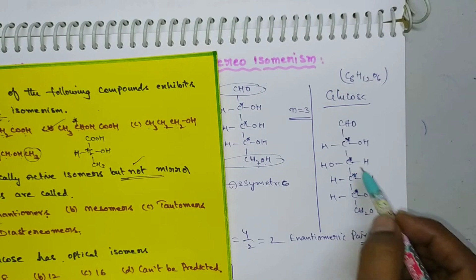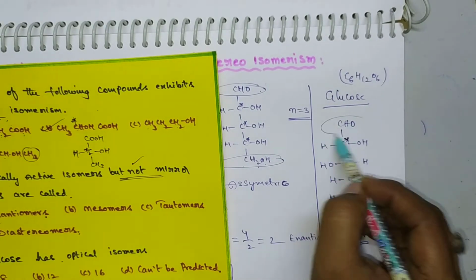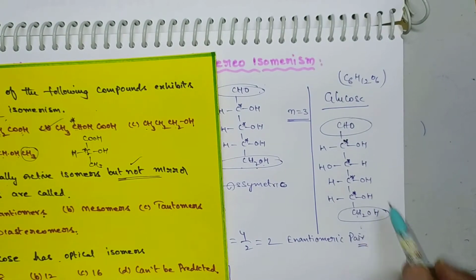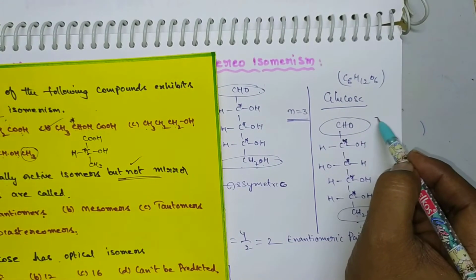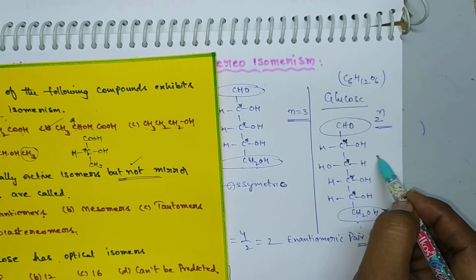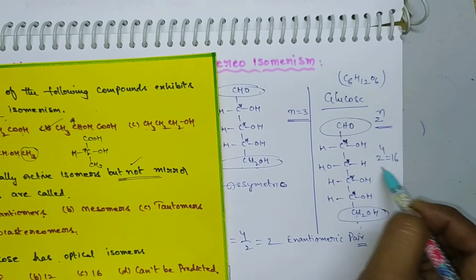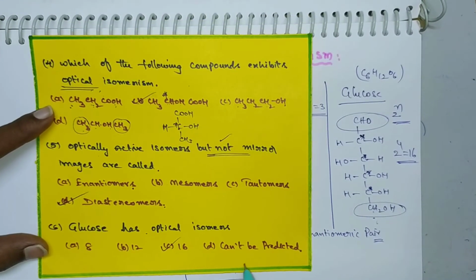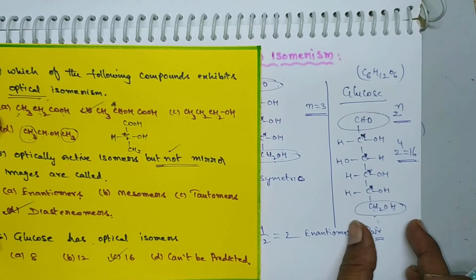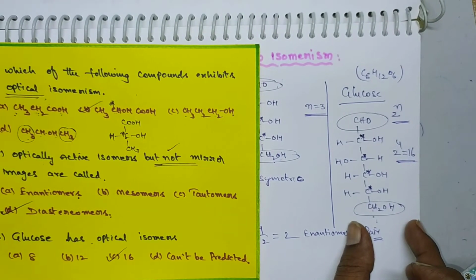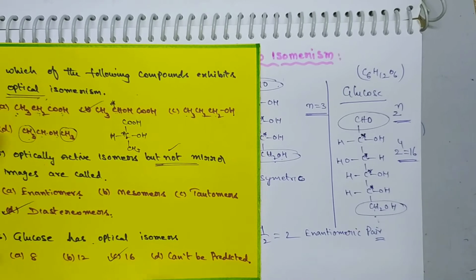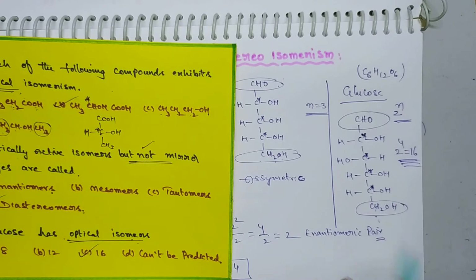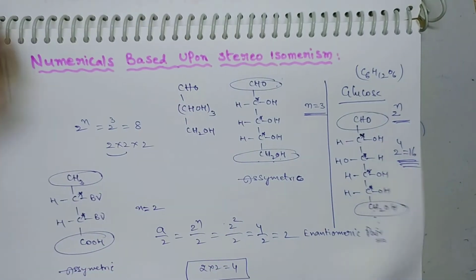Is this molecule symmetric or asymmetric? Here the ends are different, so it is an asymmetric molecule. That's why it consists of 2 power n isomers. 2 power n means 2 power 4, that is 16 isomers available. So the number of optical isomers will be 16. Okay, clear? These are optical isomers only, but not all of them may be optically active isomers. Here you are asked to calculate optical isomers only. So there are 16 optical isomers. And next one,